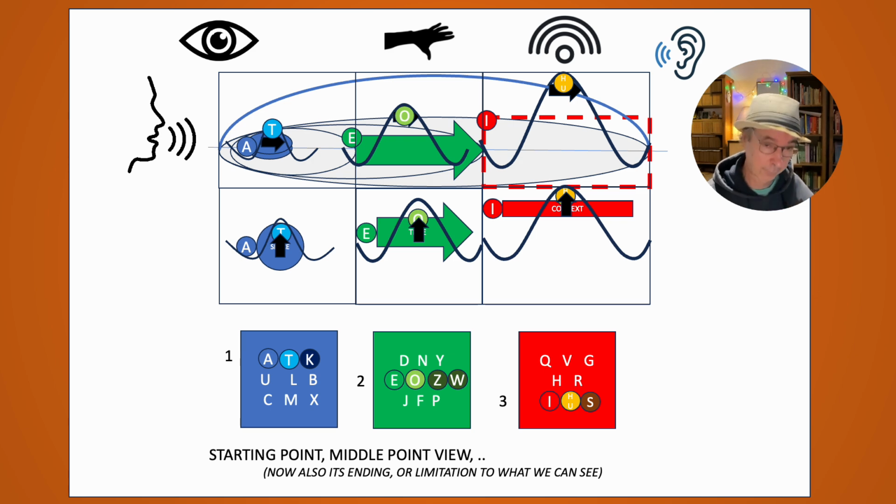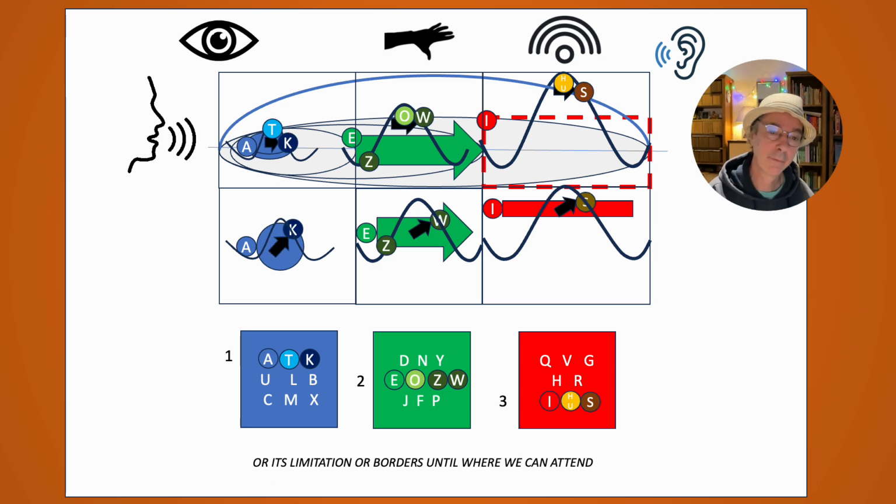And now I started from the middle point that I have already. So I have the starting point, the middle point. I can of course also add the last letter in the row of three. Everything is part of three: a beginning, a highlight and an ending. Here I take the ending, the limits, and so I also add the limits in what I see, the limits in what I hear, the limits in what my logic is able to follow. And it is able to follow the physical part until the K.